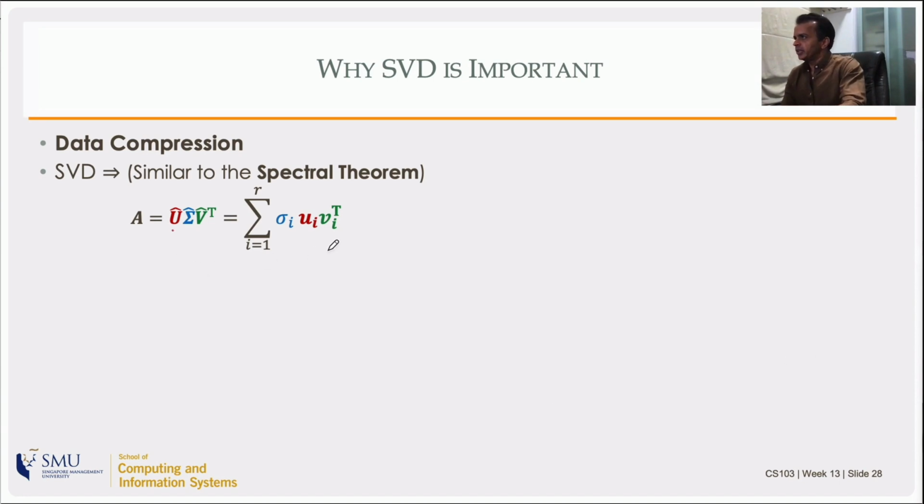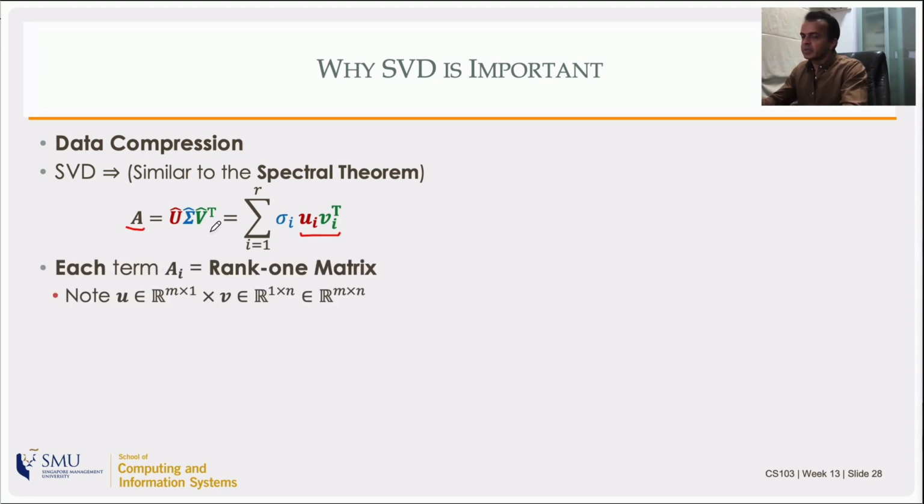We have u_i coming from U, and then v_i transpose coming from V transpose. The size of u_i v_i transpose, a vector times the transpose of another vector, is going to be the same as the size of A, and then whatever comes out of the sigma hat will be just a scaling factor, sigma_i. So that is a summation of matrices of the kind u_i v_i transpose. Those are of the same size as A, and there are r of them because the dimension of the row space and the column space is r,